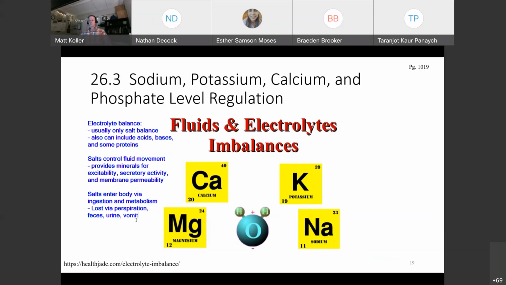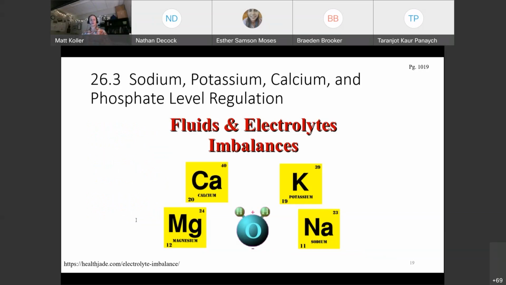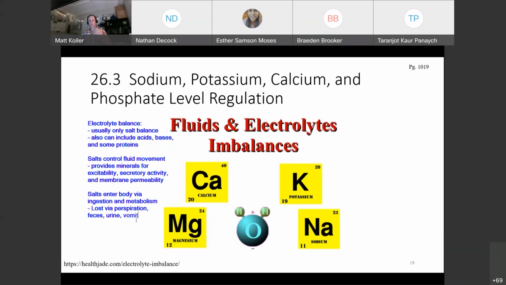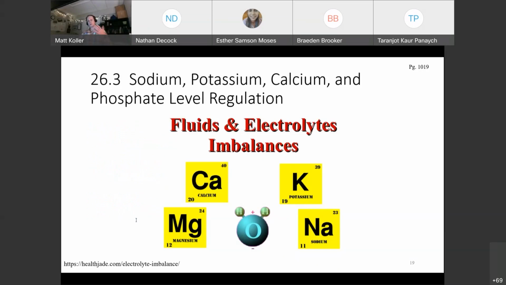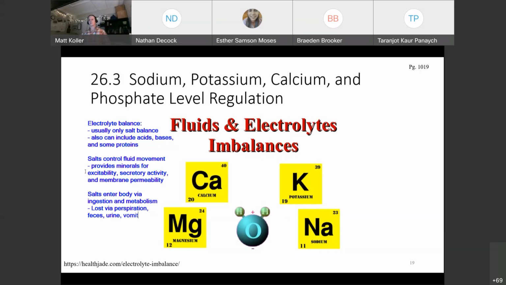So if you are sick and you're vomiting or you have diarrhea, then you may need to consider if you can keep it down to consume some Gatorade to help replace those electrolytes. Or as soon as you're able to tolerate, start drinking fluids. Your grandmother was correct. Once you can hold it down, start drinking fluids.